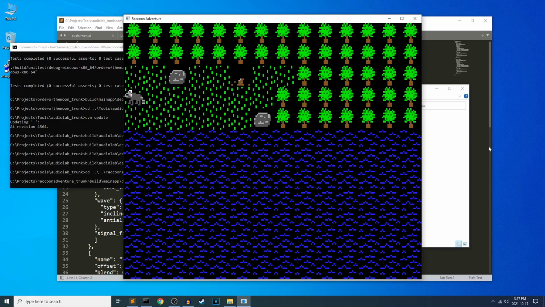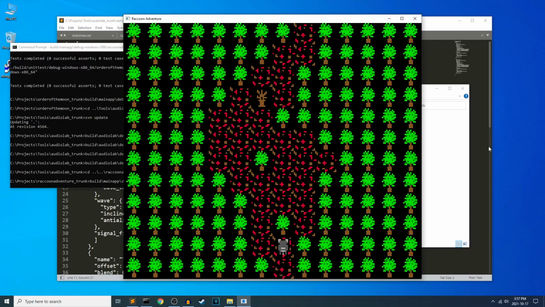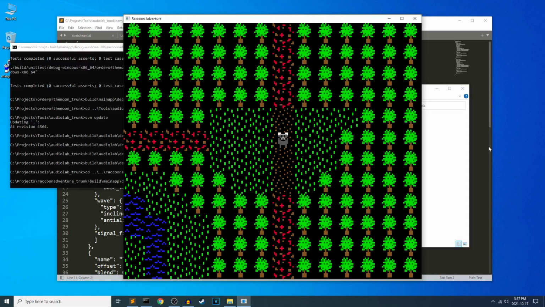I can pick up the axe and go over here to this dead tree that was blocking the path. And since I have the axe in my inventory, I can chop it down and then go up here. But that's the whole thing. That's the entire prototype. So yeah, putting together the tile set for this and laying it down just made me have kind of an